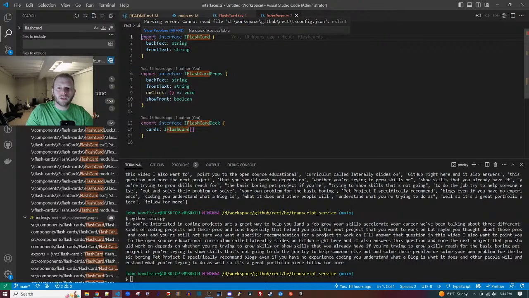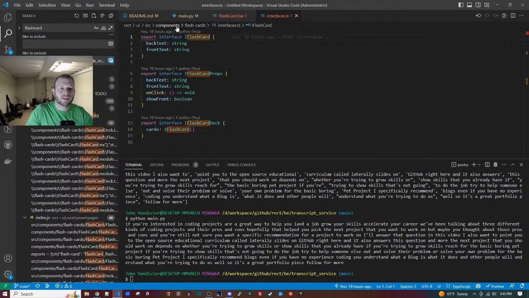Cannot read file tsconfig JSON. What? Why are you tripping, dude? tsconfig JSON. Why can it not just look at the child folder? Oh, okay, hold on.